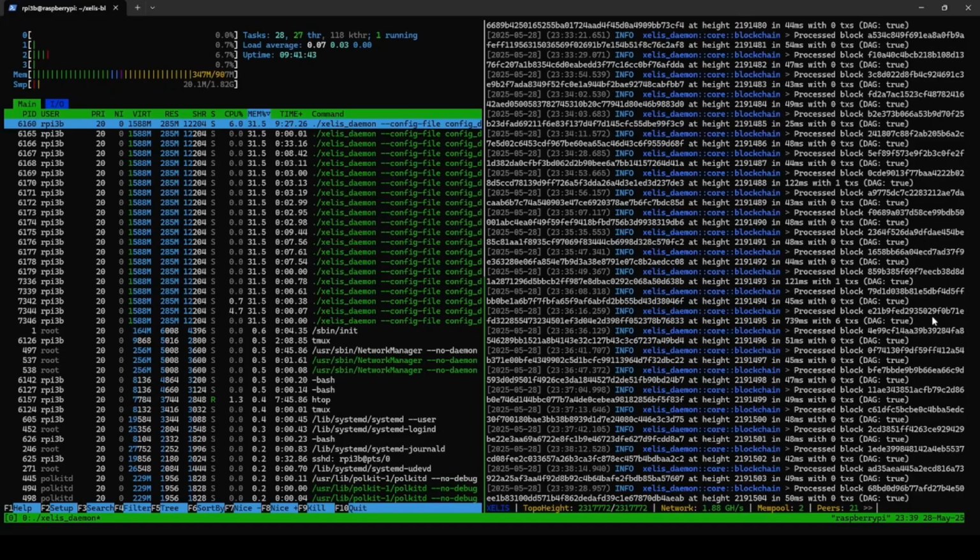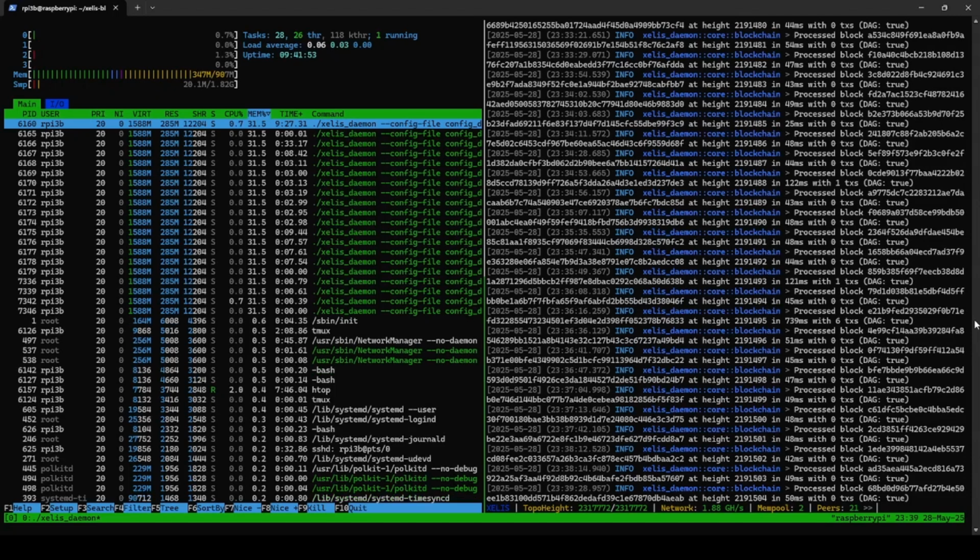It's not ideal, but you're also running a node on a Raspberry Pi, so you're kind of expecting that you're not going to get the best performance out there. Yeah, so all things considered, looking at how little of the CPU is used, this uptime is only about 9 hours, so